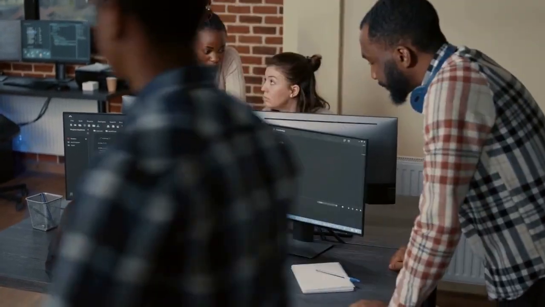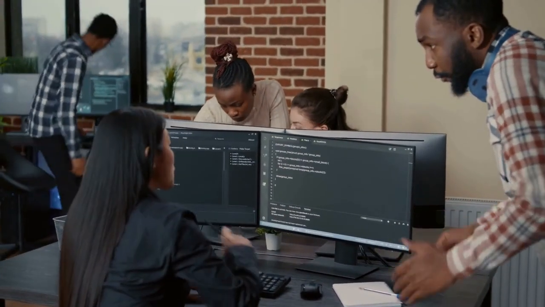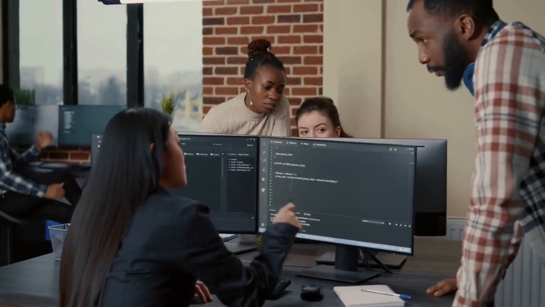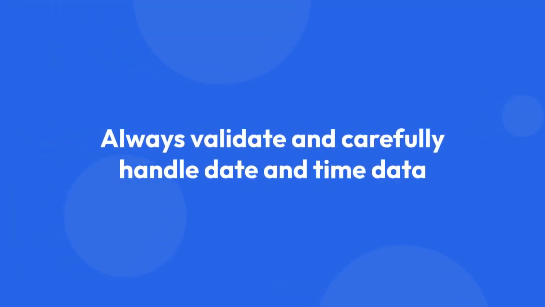Following these steps will significantly reduce the chances of encountering the RangeError: Invalid time value error when updating Firestore timestamps in your JavaScript applications. Remember to always validate and carefully handle date and time data to ensure correctness and compatibility with